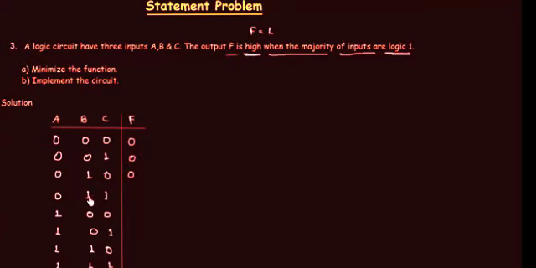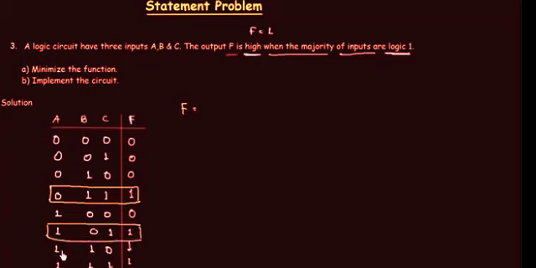For the fourth case, B is 1 and C is 1, so function F is 1. For the fifth case, again the function is 0, and for the last 3 cases, the function is 1 because the number of 1s is more than the number of zeros in the input bit stream. We are going to use the truth table to find out the function F. We only have to consider the cases when the function is high. So we have 4 such cases, and thus we will have 4 minterms.